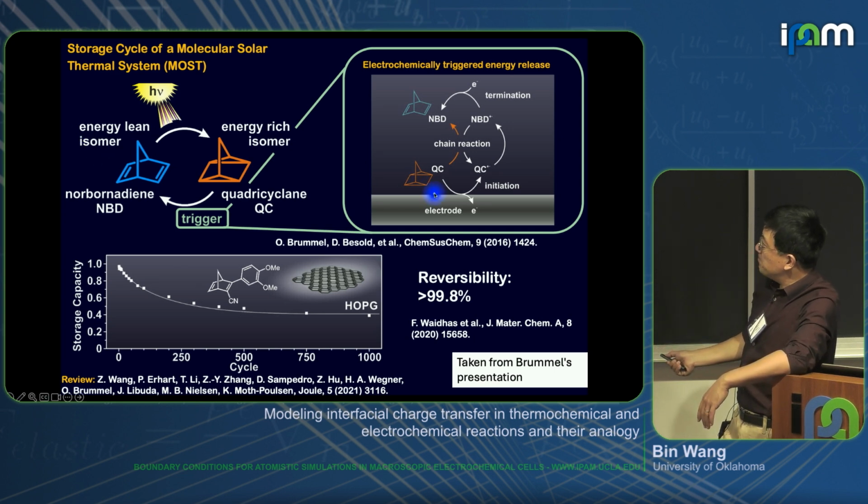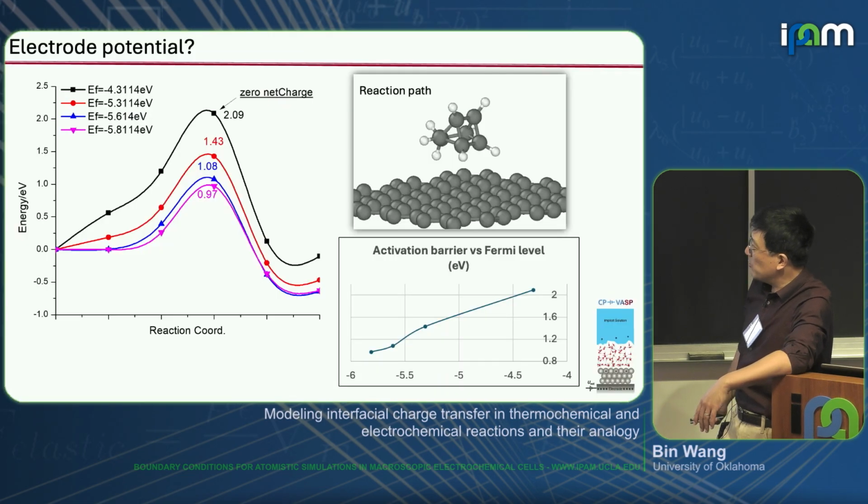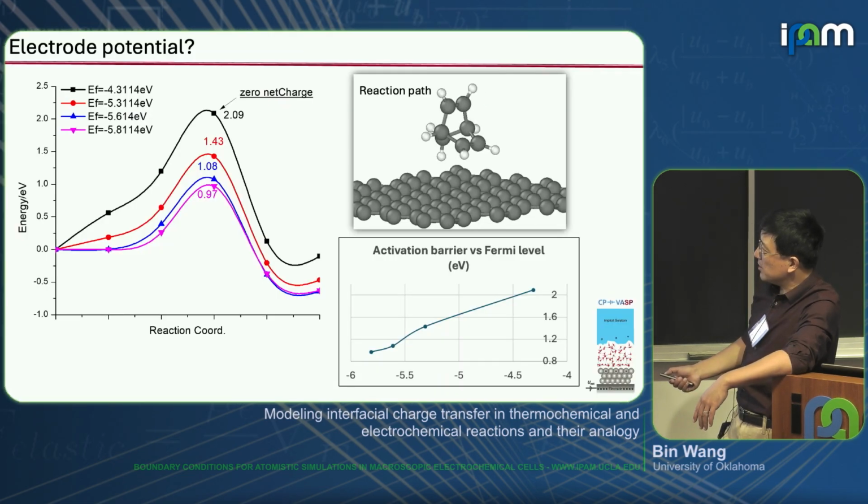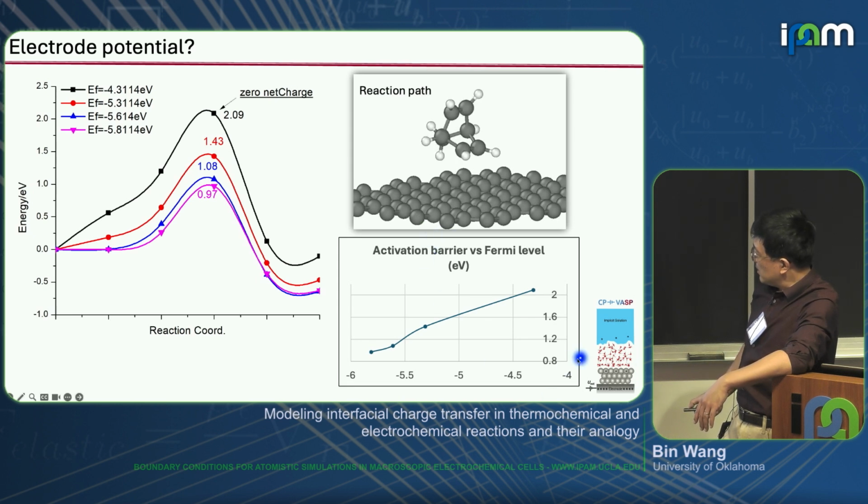Then you can choose different catalysts. The current understanding is that it is limited by the first step, which is to withdraw an electron from the QC molecule, it looks like from the HOMO. In the following, we did a very quick test without doing any fancy explicit treatment of the dynamics of water. What we did is simply use an implicit solvent model. We have the graphene in this case and the molecule, and then we simply tune the number of electrons in the graphene layer, using the implicit solvent model on top to compensate.